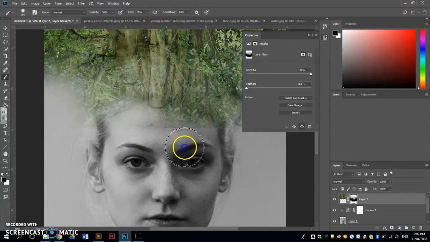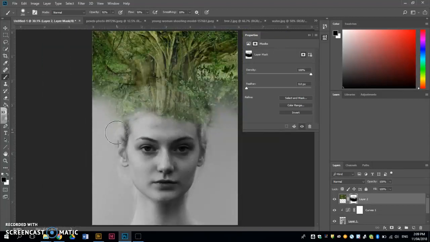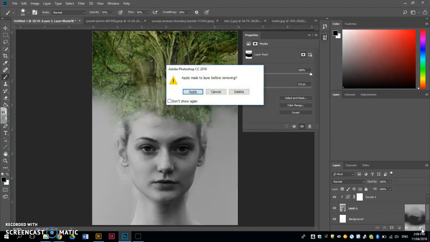Patience is the key with Photoshop. Okay, so that's one way of doing it. Another quick way, so I'm going to delete this layer mask, drag it to trash,